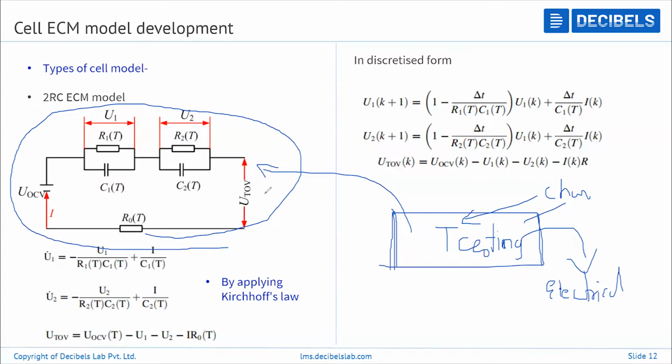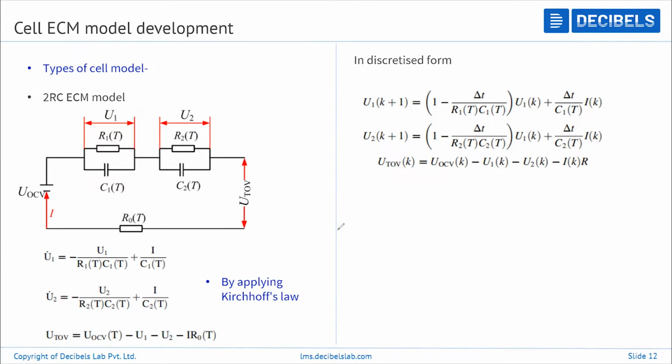So there is a standard circuit, we can call it the Thevenin circuit, or 1 RC. Right now what you are seeing is 2 RC. Then there is the RINT. You might know these names once you went through the pre-read. Here I will just explain what RINT is. RINT means,